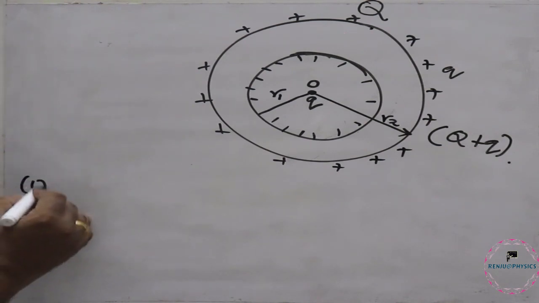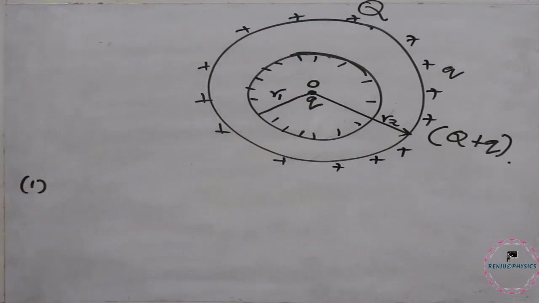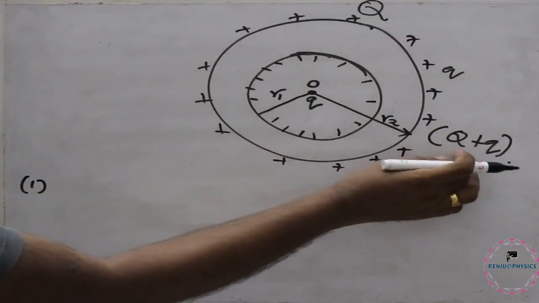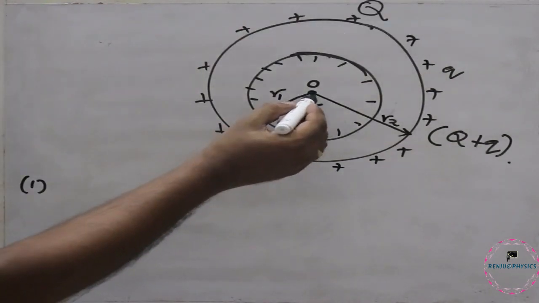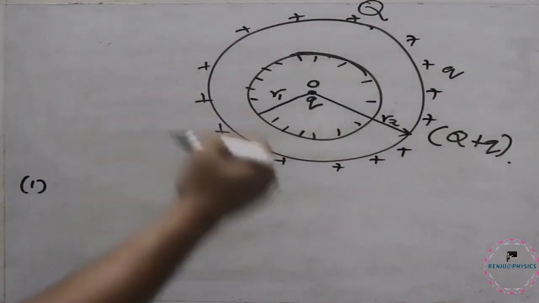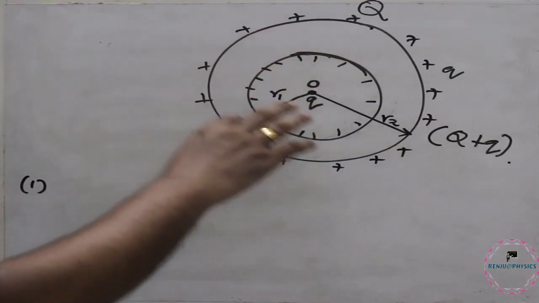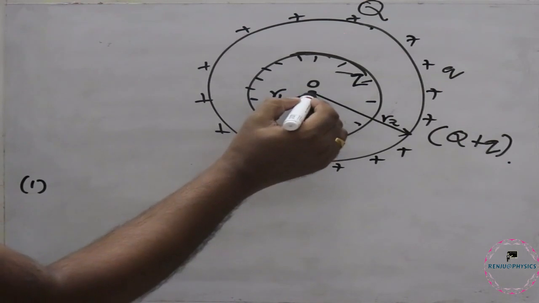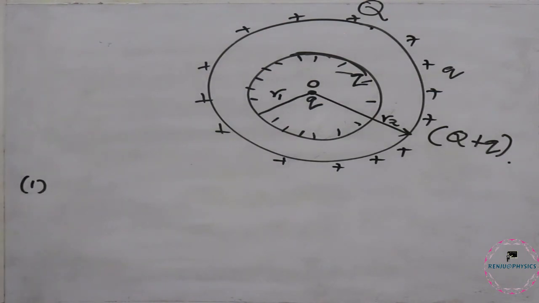First we can find the charge density on the outer surface, and also on the inner surface. On the outer surface, the total charge now is Q plus q, because initially it had a charge Q. Due to the presence of the charge at the center, a charge plus q is induced. And the charge distributed on the inner surface will be minus q, because at the center we are keeping a positive charge.